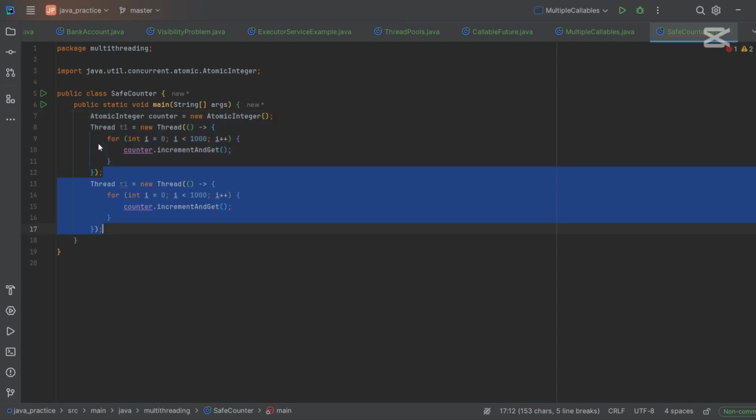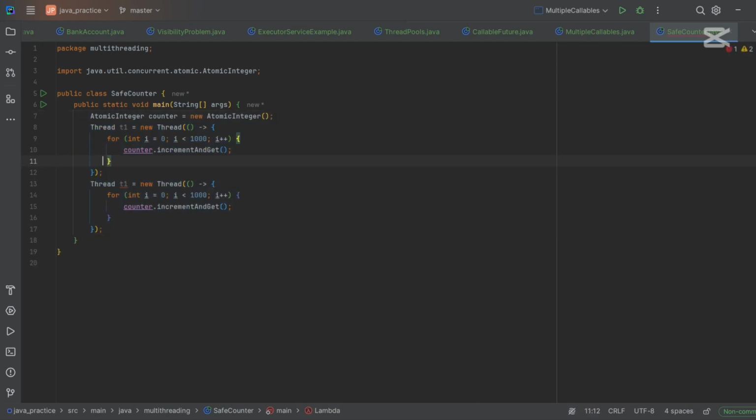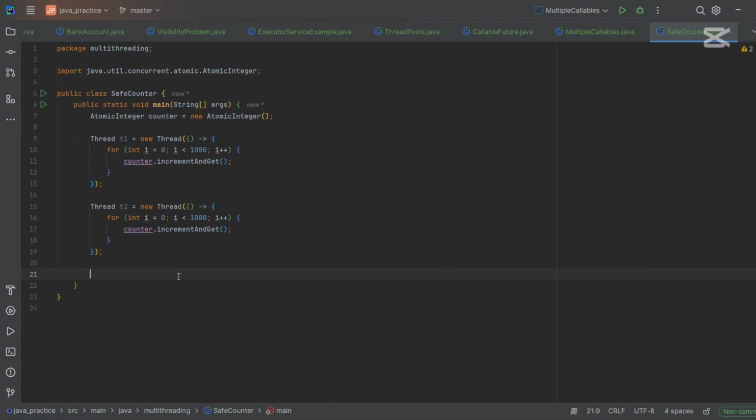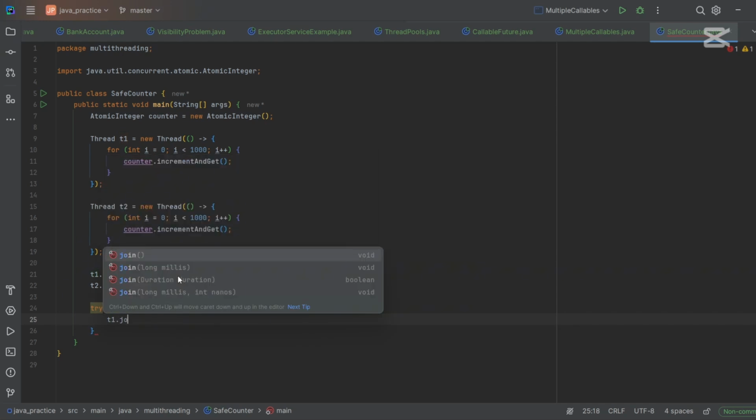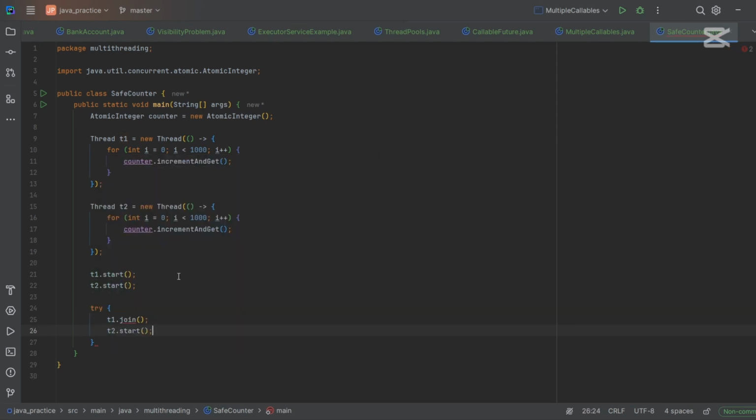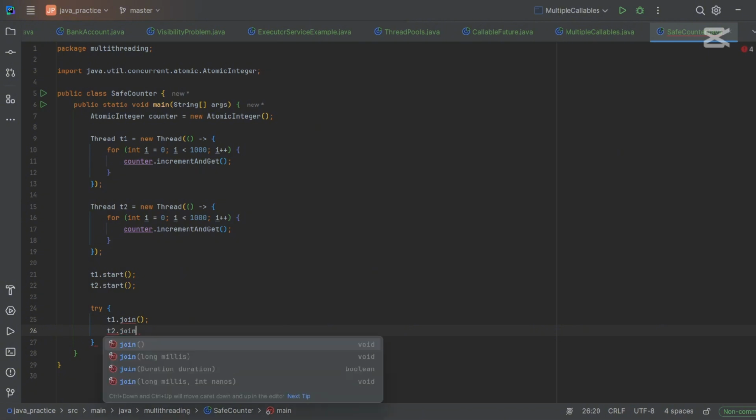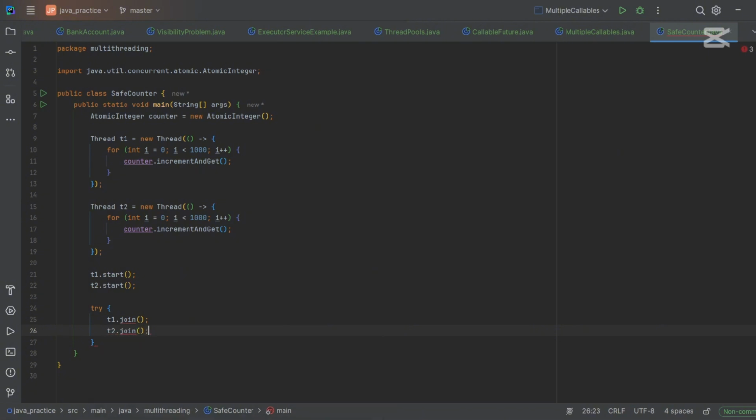So I will just copy this and change the name to t2. Alright, now we have 2 identical threads. Now we need to start them. So t1.start, t2.start, then we will have joins. So try, so that if one thread finishes earlier than the other, they would wait for each other and we would get a correct final result. So try, catch, InterruptedException,